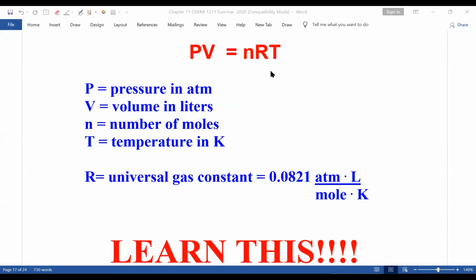In the summer, if you notice the forecast starting to get warm, Dr. White doesn't like summer. I like the other seasons, not summer. It's too hot. But anyways, in the summer, when it gets super hot, the temperature of the gas in your tires goes up, and therefore your pressure goes up, because the volume and the number of moles are constant, and R is a constant. So if temperature changes, the pressure changes. And this is PV equal nRT. Let's have some fun with that.